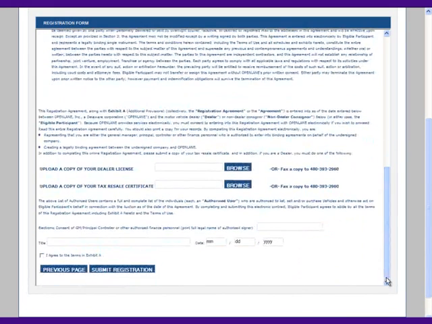At the bottom of this screen, this is where I'll be able to attach a copy of my dealer's license and tax resale certificate. Again, if I don't have a copy in the system, I can fax it, and I do want to do this at the same time so I don't hold up my registration. Again, a registration will not be processed without a current copy of a dealer's license. I'm going to select Browse,